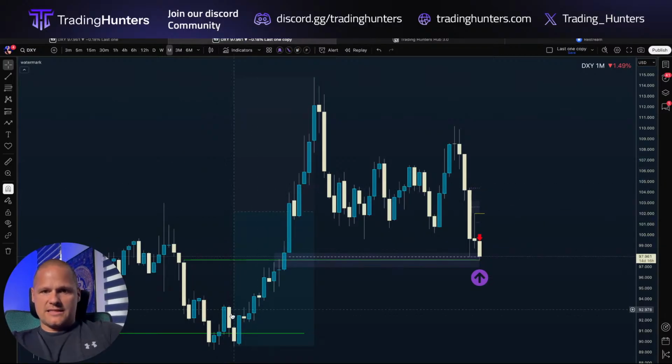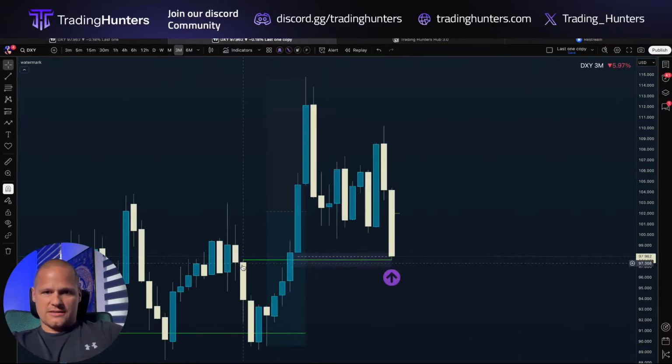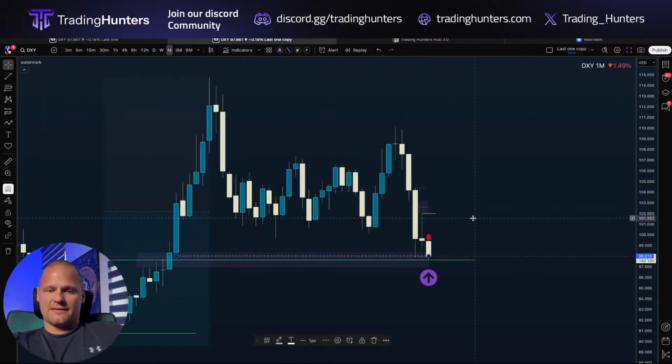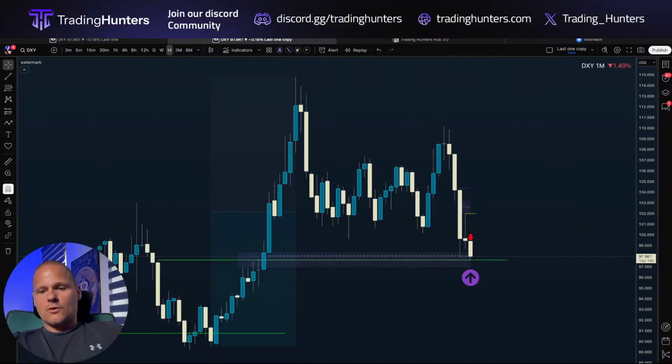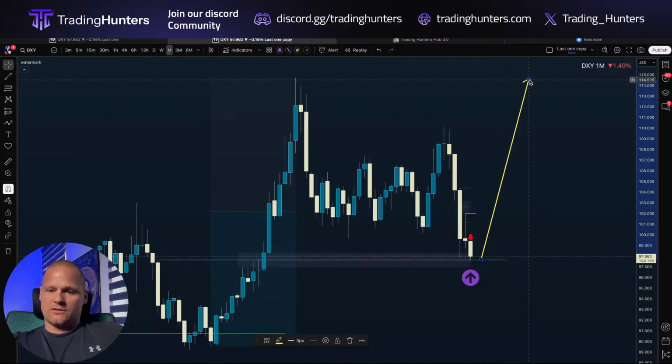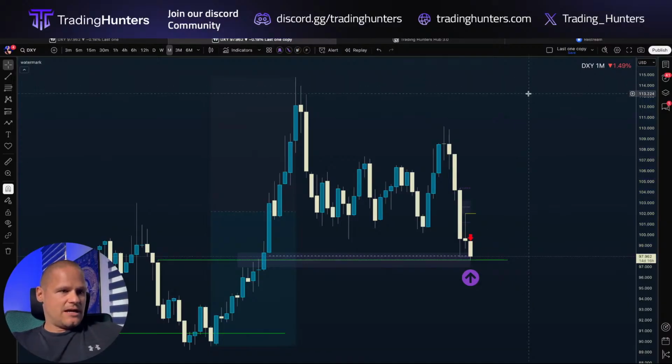We are in the discount of this swing, and if you look at the 3 months, we are actually reaching this, right? These two down candles are the 3 months order block, right? So we are reaching this 3 months order block. Also, here is this fair value gap, right? And here we have this transition candle low, right? It can be on the 3 months and also is on the monthly, right? So what does it mean? It obviously does not mean that dollar index will right now do this, right? Obviously not. But as we are reaching this